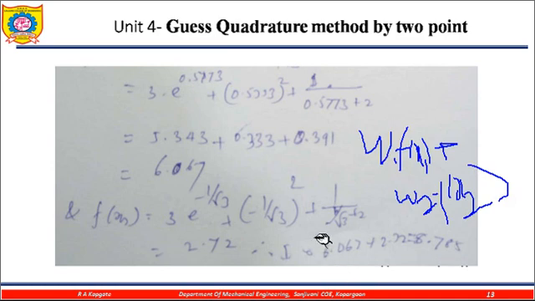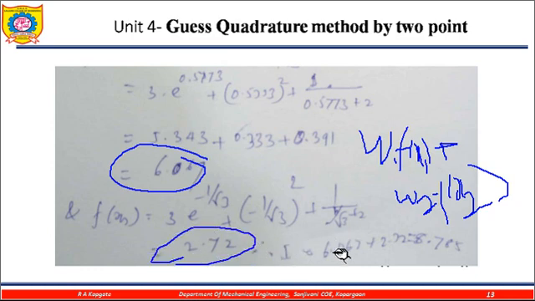That's why it is the addition of the function of x1 and the addition of this one. So I is equal to the addition of this one and this one, that is around 8 to 9 point something, 9 point something value we are getting here. That you do as homework and find out this solution.